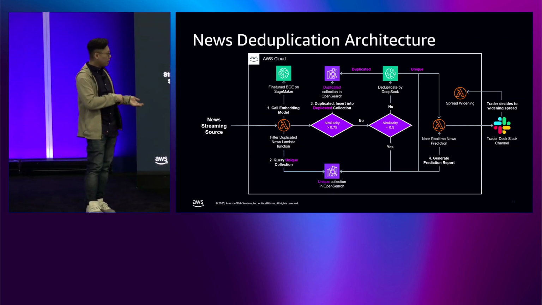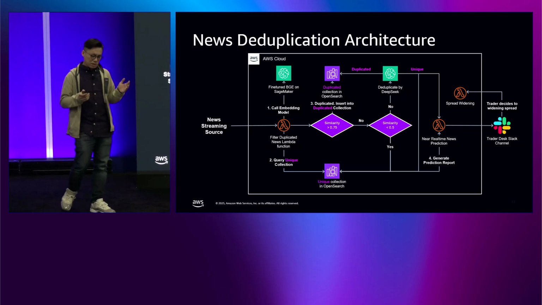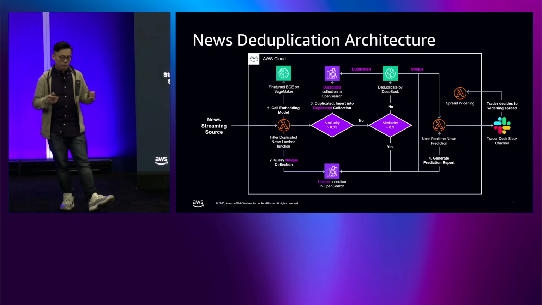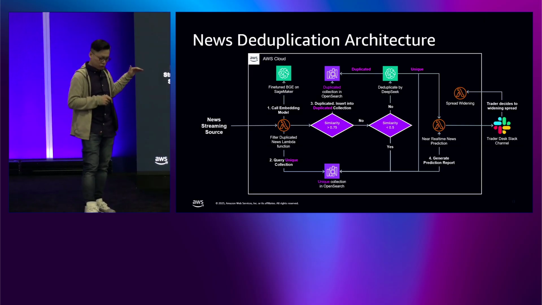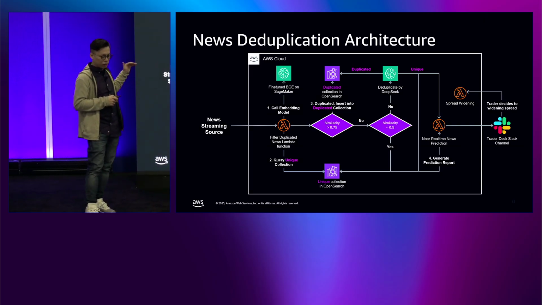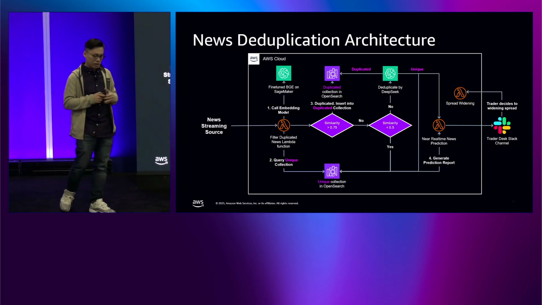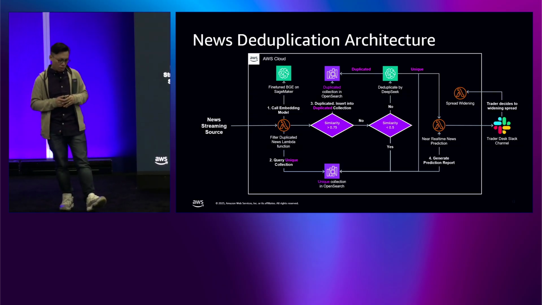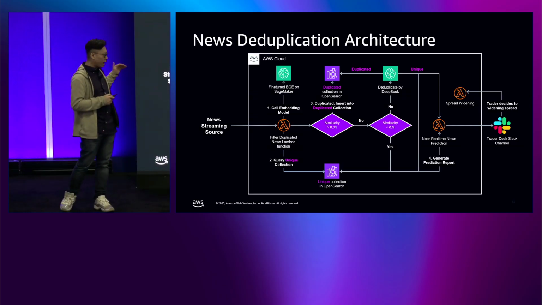What if the similarity is under 0.5? It means this is likely a unique one. And then we will check it against the unique collection to make sure that it is unique against the historical news stored in our OpenSearch. The third step will be going to the analysis,